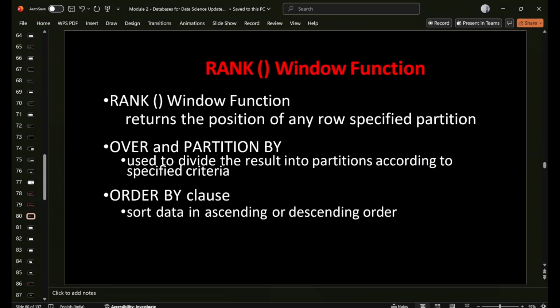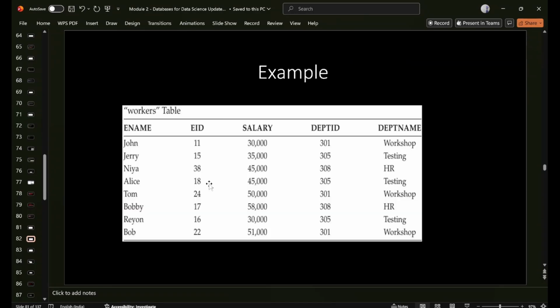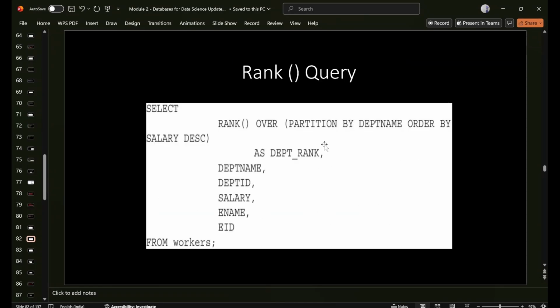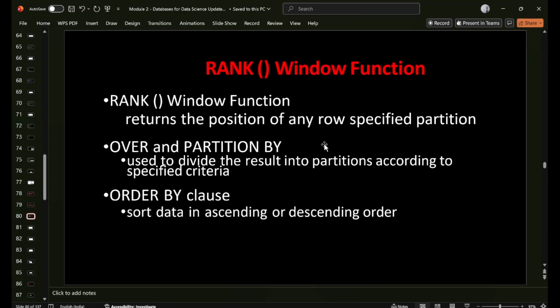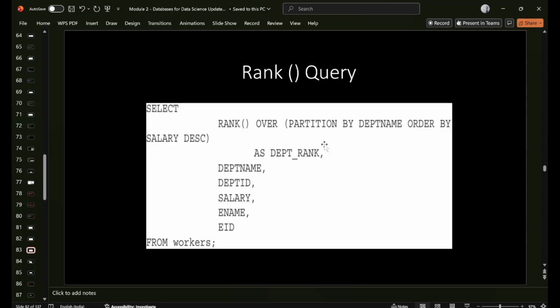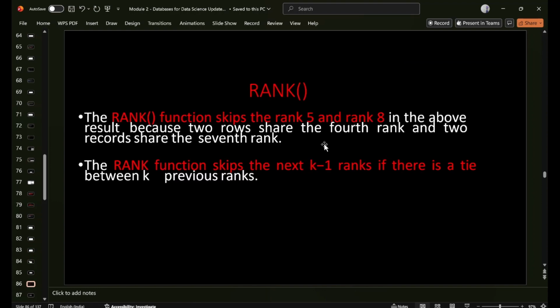Next, let's look at the rank function. The rank function is used to assign the position of any row according to which we partition. The rank function